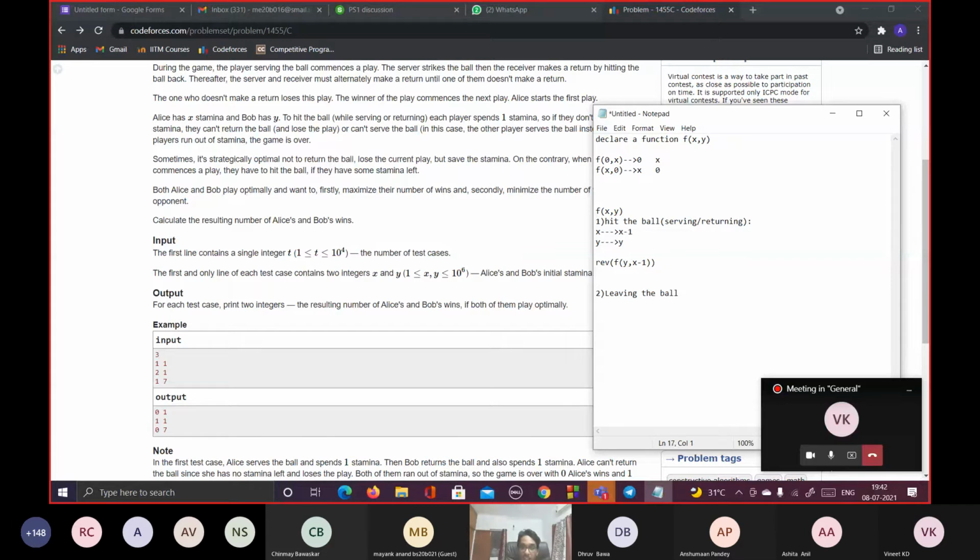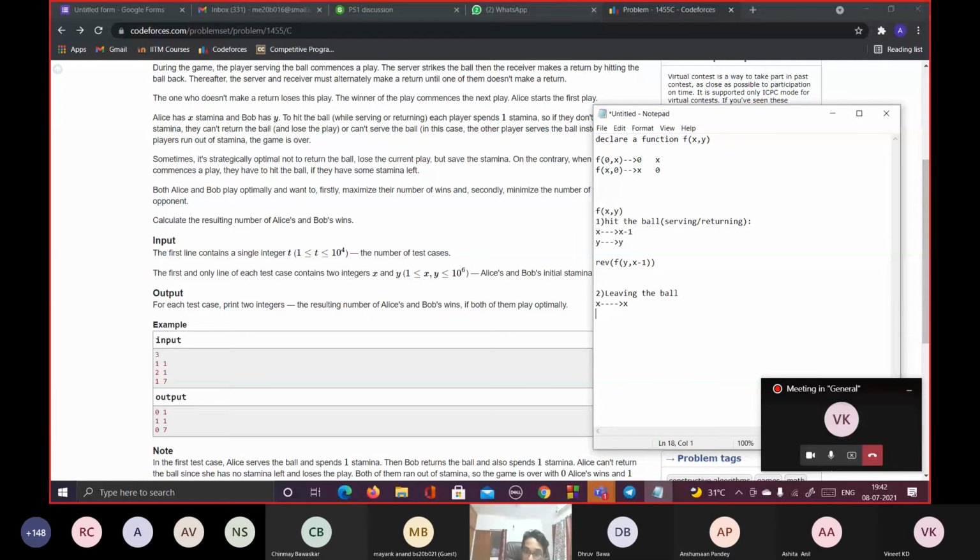So let us see the second case, where he leaves the ball. Naturally when he leaves the ball, his stamina will not change. But let us take a step back and try to relate this part of the function to the previous outcome, which was when the ball is actually coming to him, it should have been served or hit by the opponent, which is y.